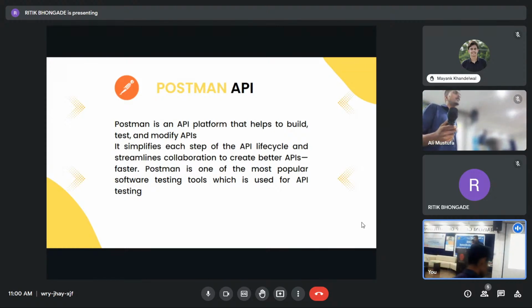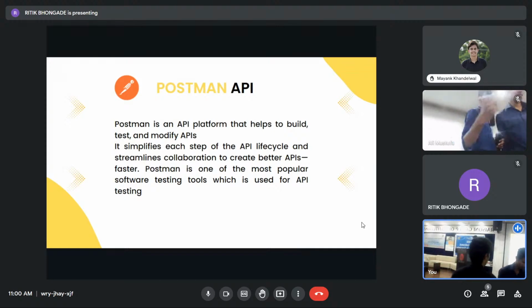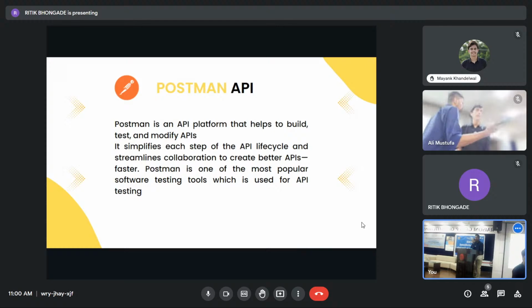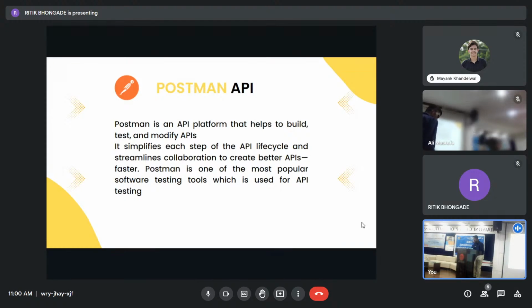So one more question: what work does Postman do in the sector of API? Anyone? The one who will answer will get the goodies.